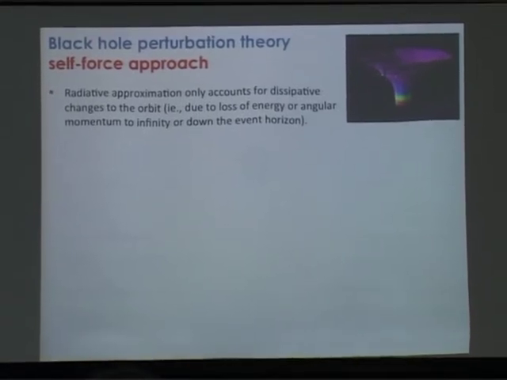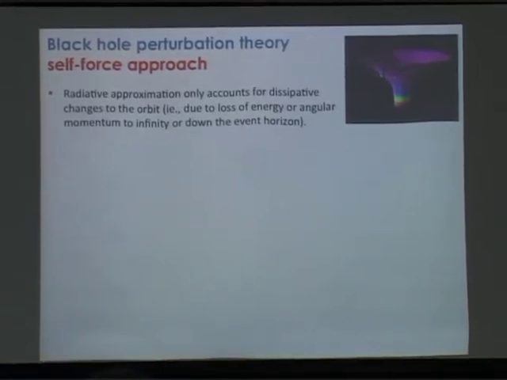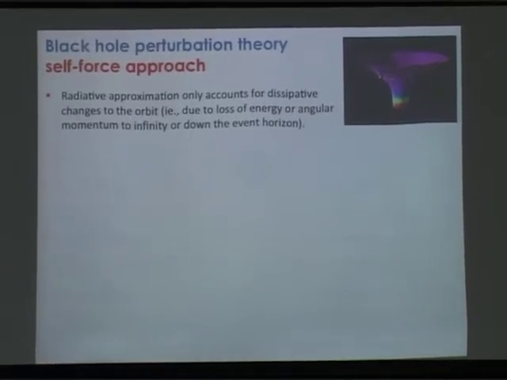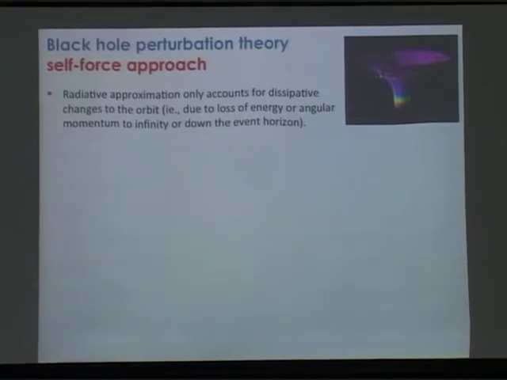Okay, so that's sort of the standard black hole perturbation theory approach, which has been going on for a long time. This is all done in this radiative approximation that I discussed, but there's an approximation built into it, and we might worry about what that is. Essentially, in this radiative approximation, we're really only considering the energy loss due to gravity. We're only considering the dissipative effects. That's fundamentally what goes into this radiative approximation, right?